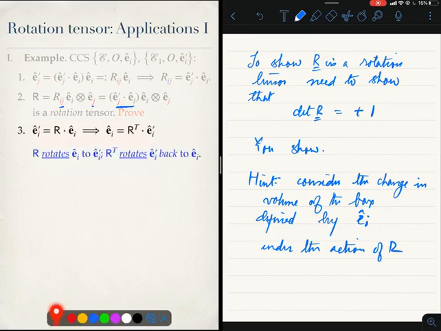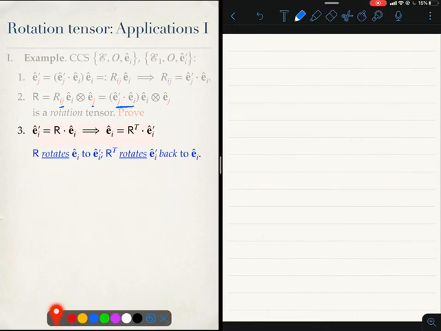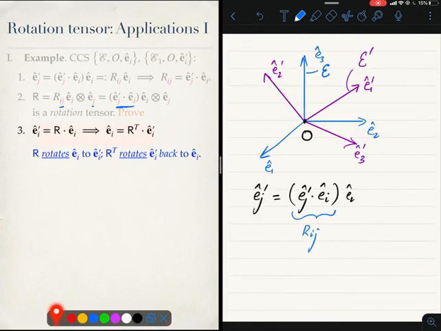So what is the consequence of this? The consequence is pretty important. I began with a Cartesian coordinate system. I drew two Cartesian coordinate systems, E and E prime, and what I have just shown to you is that I can produce a rotation tensor R, which relates the unit vectors of the original Cartesian coordinate system with the unit vectors of another Cartesian coordinate system. And of course you can take R to this side and you can write down this equation. Okay, so they are both the same.